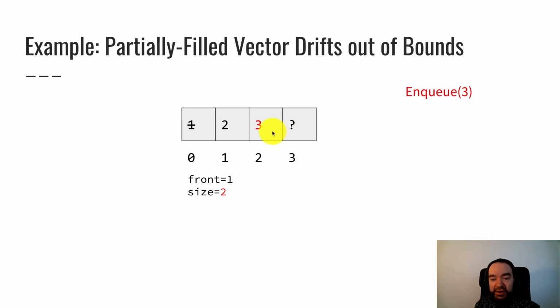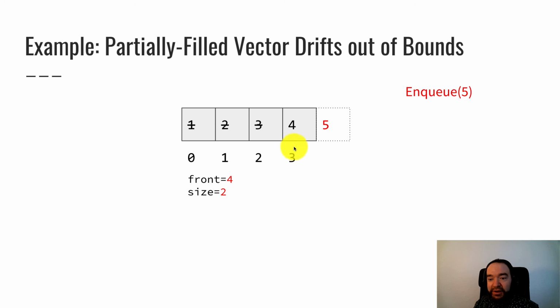Now if I NQ 3, 3 goes at index number 2. I'm going to DQ, the 2 goes away. Now I'm going to NQ 4, goes at index number 3. So far so good, no problem yet. I'm going to DQ the 3. Okay, here's where the problem happens. What happens when I try to NQ another element? NQ 5. Now, the expectation of a user of our queue is that this should work fine. I've got a queue that only has one element in it. 1 is a tiny number, so it should be able to fit a second element in the queue. The capacity is 4, so I have space for it, but it's not going to work.